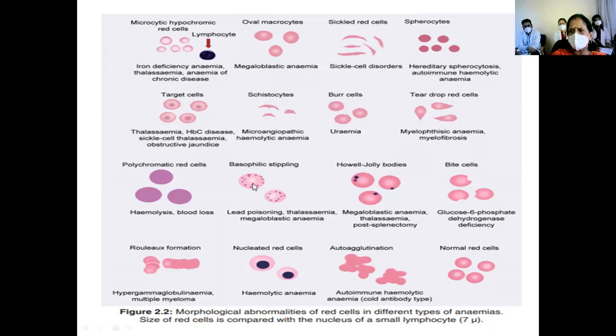There is fine stippling and coarse stippling. If they're very coarse and irregular, we call them Pappenheimer bodies. They represent non-heme iron. So how do we demonstrate iron? Perls stain. If you do Prussian blue or Perls stain, all those irregular, slightly coarser granules take a blue color. Then we call it a siderocyte. What is it that you have learned in relation to the presence of an iron precursor in the cells?